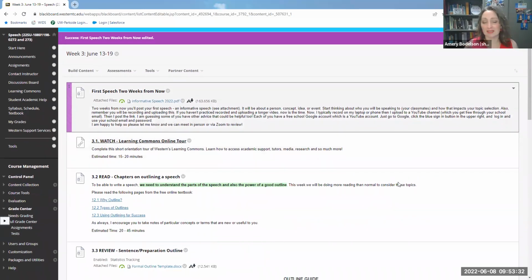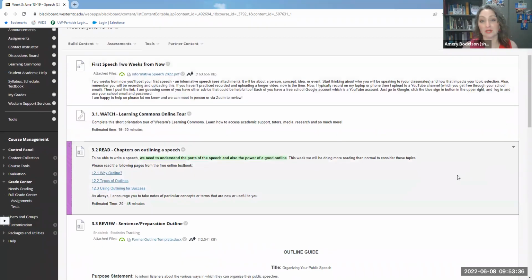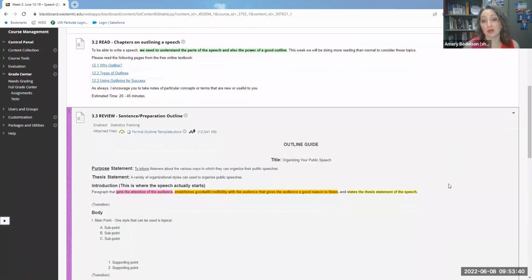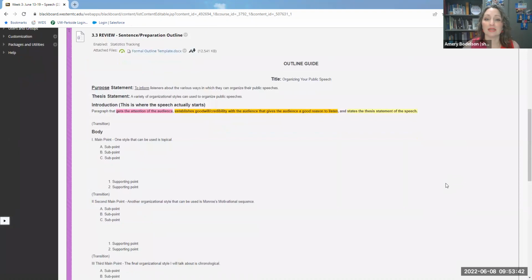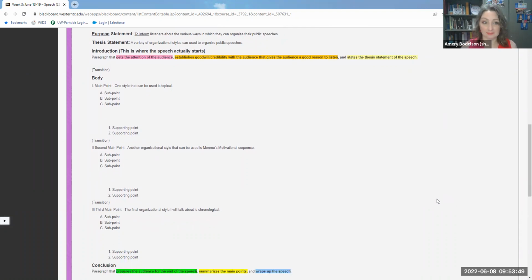So your first speech, as I mentioned, you are posting two weeks from now. So this week you're starting to craft your outline. In all the speeches that you do, you start by writing it first. And it is traditionally done in the form of an outline. And I've pasted a rough draft of an outline here. For a speech of this length, you are likely not going to have more than 3 points. If you find yourself wanting to do more than 3 points, think about how you can either narrow the scope of your topic or eliminate some of the detail that you're including.